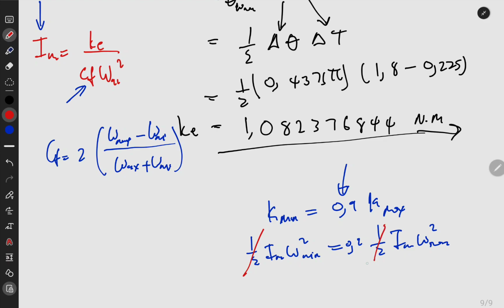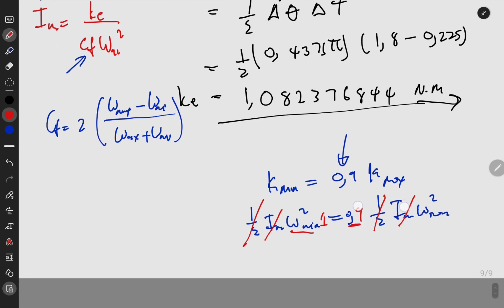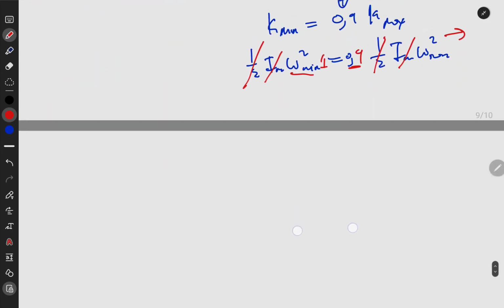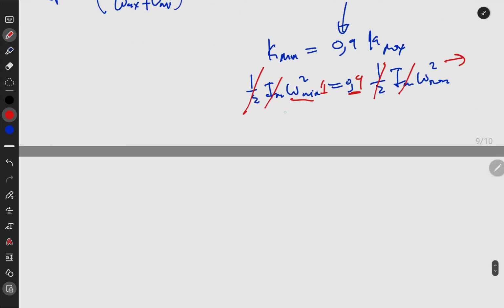This is the same as this one, this is the same as that one, this is not the same, and there's a 1 here that is not the same as that 0.9. So we can solve for omega mean. In this case we're saying if the other one is 1, then omega mean is going to equal, everything cancelled here,